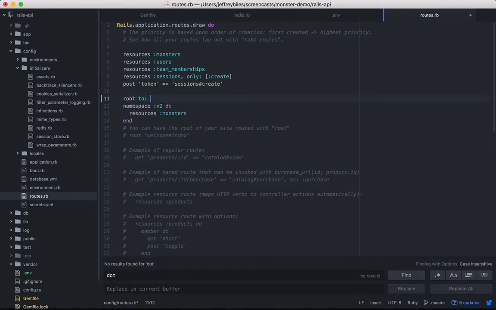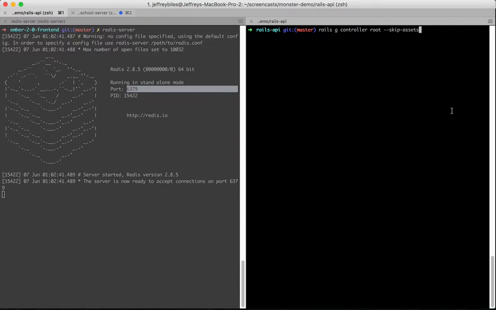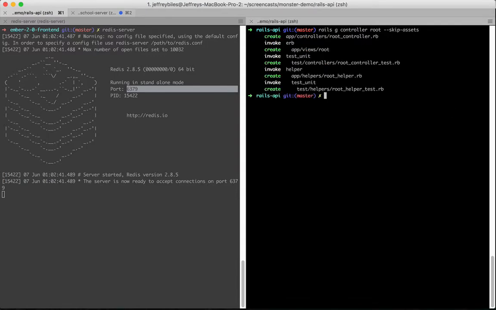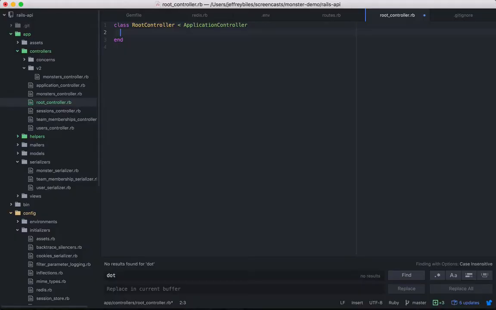So we'll route it to the root controller and then the index method. Then we'll go ahead and generate the root controller using Rails. On the root controller, we'll make sure that it's going to respond to HTML. Then we'll create the index method, and it's just going to be rendering some text. And it'll be rendering it from the HTML method,